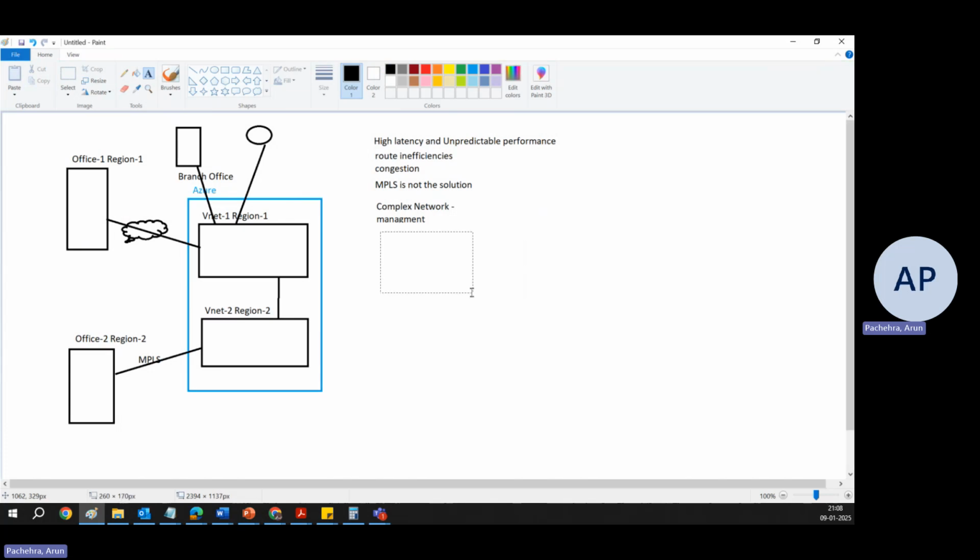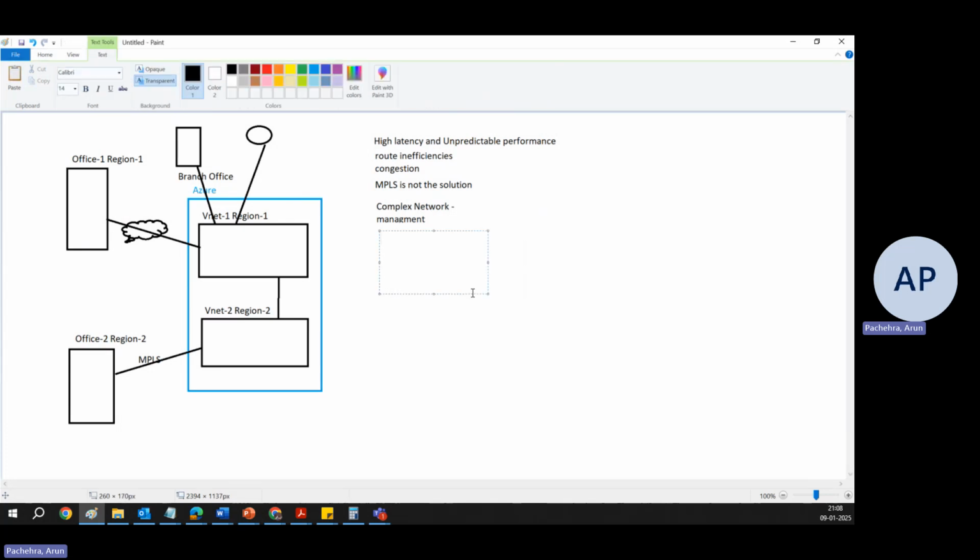Because of complex network management, we have independent connections without a centralized solution. Each branch office typically establishes its own direct VPN connections to Azure and to other branches, creating a mesh or spaghetti-like network topology. Inconsistent policies, as I was saying, because security, routing, and connectivity policies may vary across different branches,